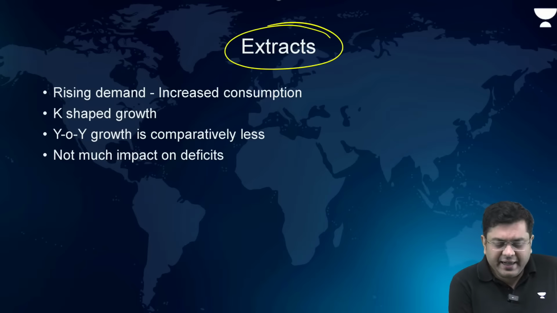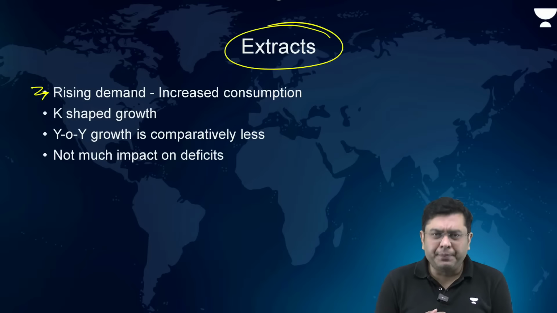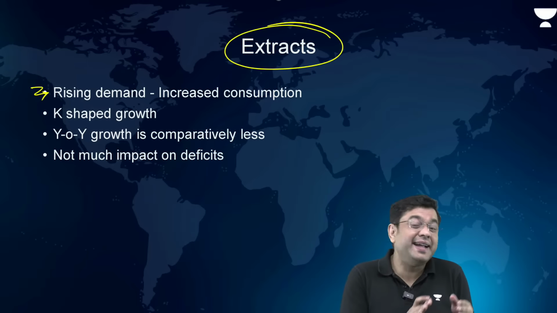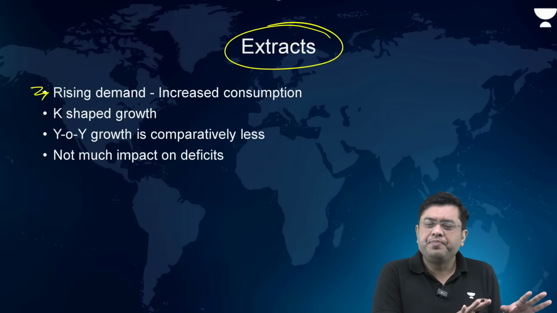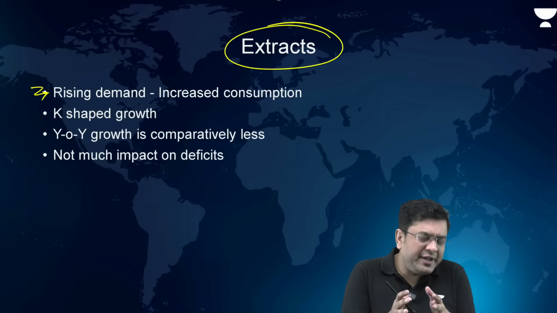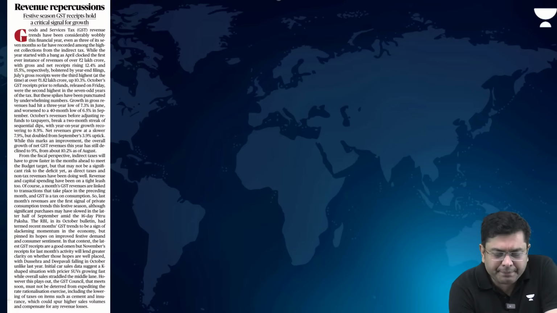First of all, it indicates that there is a rising demand, because there is increased consumption of goods happening in the economy. And as the article indicates, in the month of September, due to some of the conditions, for 15 days, that is the second half of the month, there was not much of a consumption pattern. That consumption pattern was broken due to the festive season, right? So